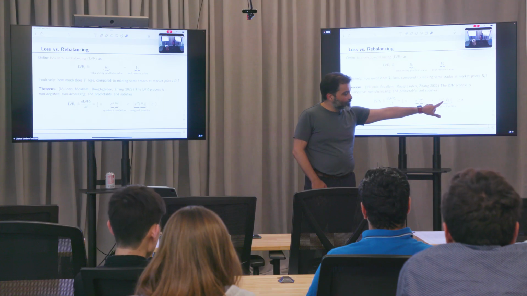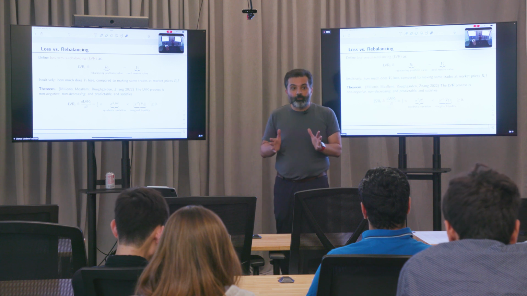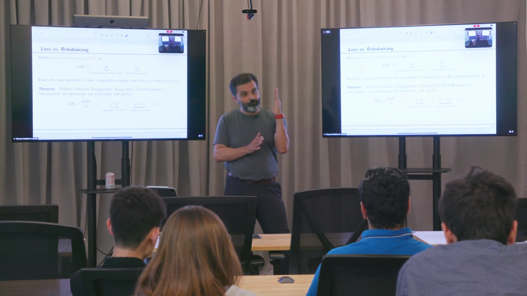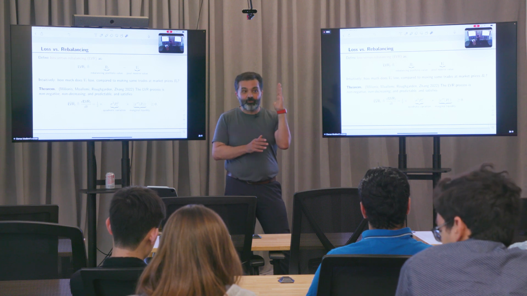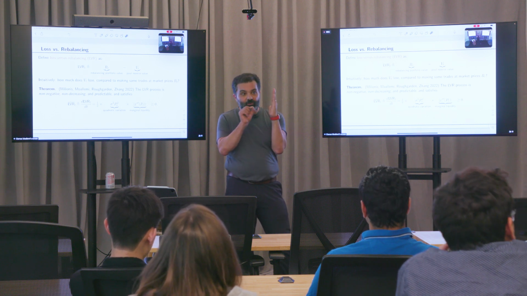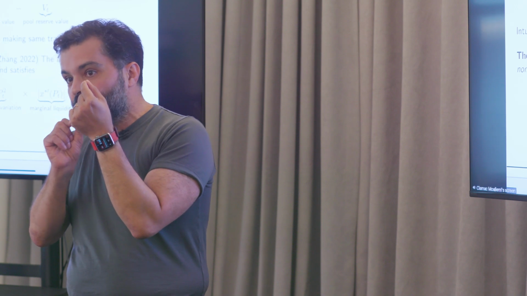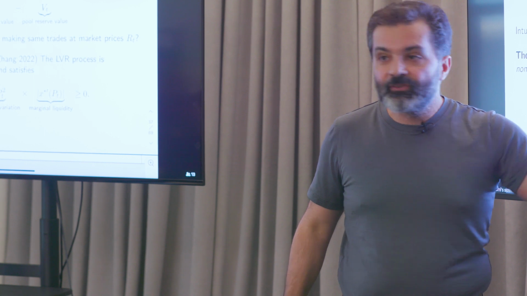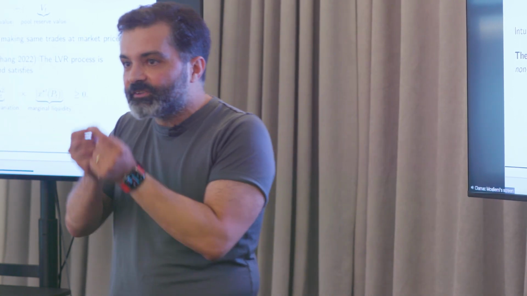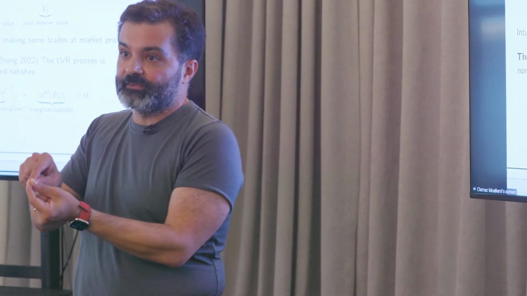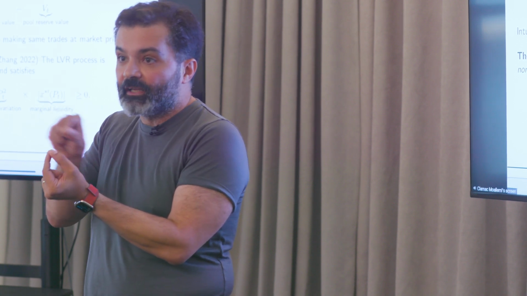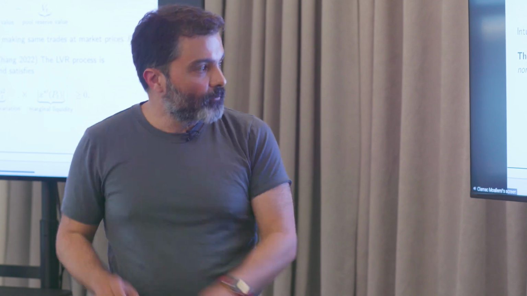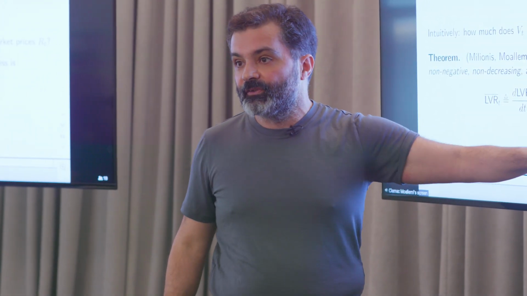So why do I call this marginal liquidity? Recall that X star was the demand curve. It's how much the pool is going to hold in the risky asset at a given price P. So the derivative with respect to P is how much the holdings are going to change if I make an infinitesimal price move around P. I'm going to interpret this derivative as the instantaneous or marginal liquidity at that price. It's how much is going to get traded in order to move through that price. So it's a product of these two.